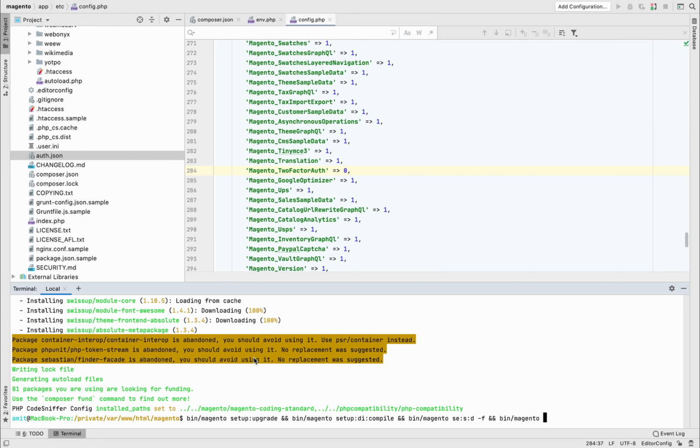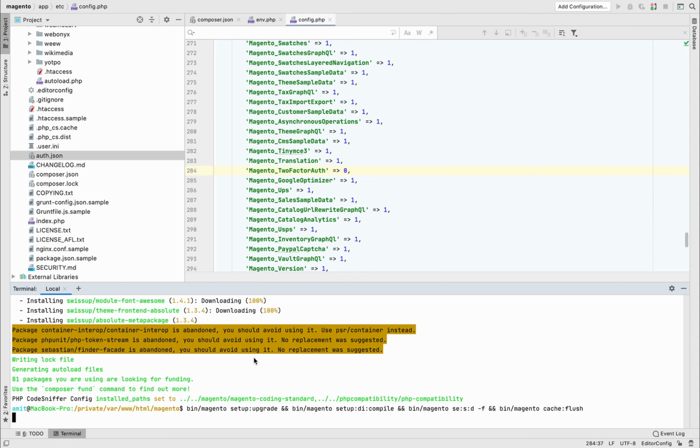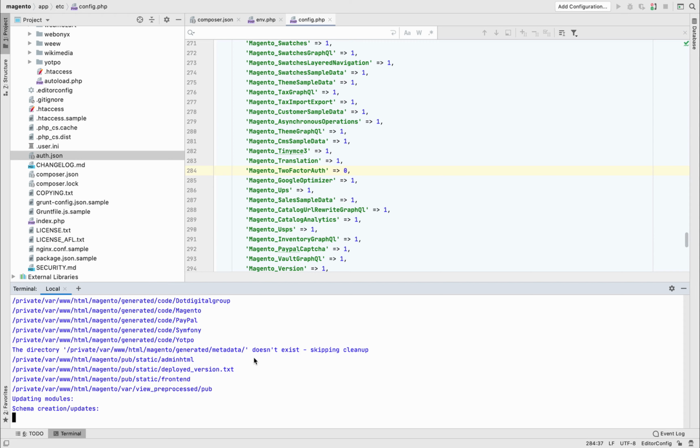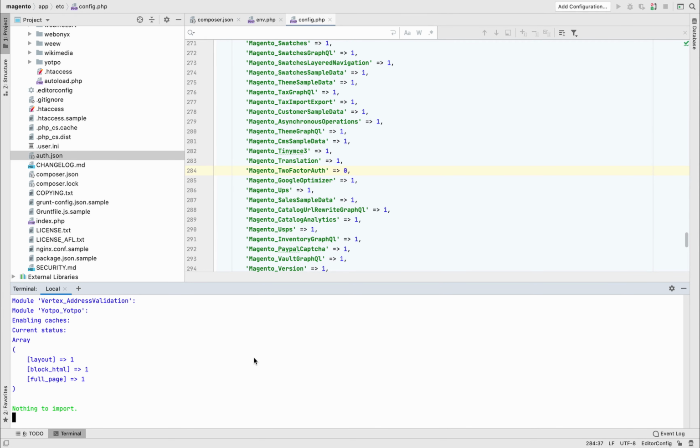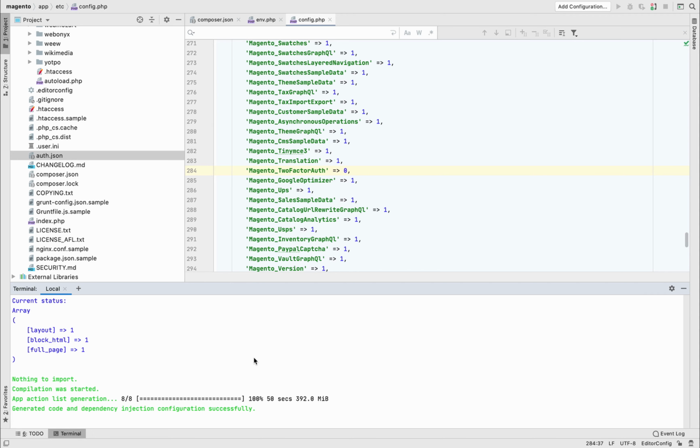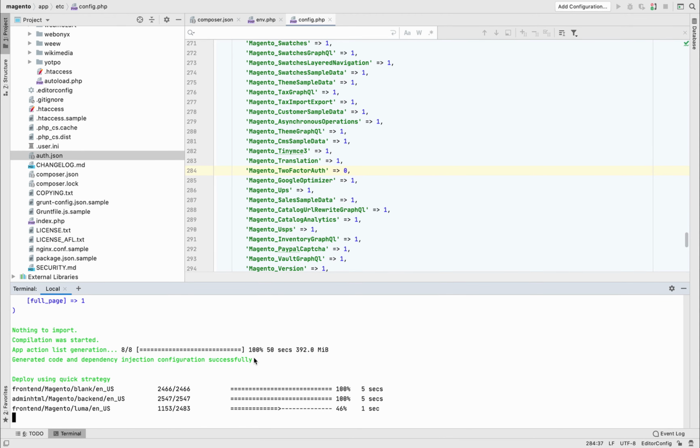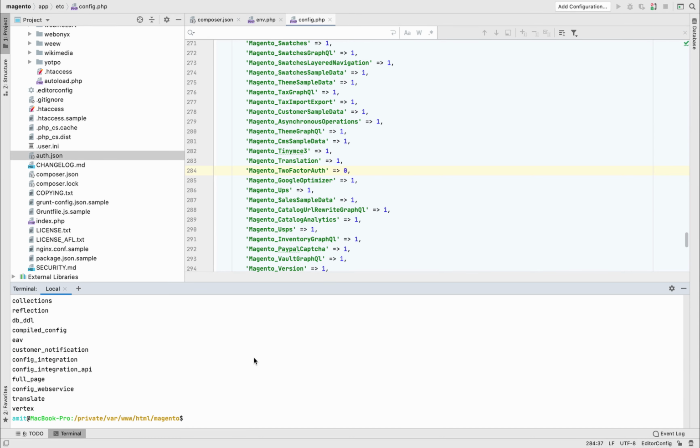I will be sharing these commands with you so that you can easily run them. Okay, you can see the commands are completed. Now I will go back to the Magento admin panel.